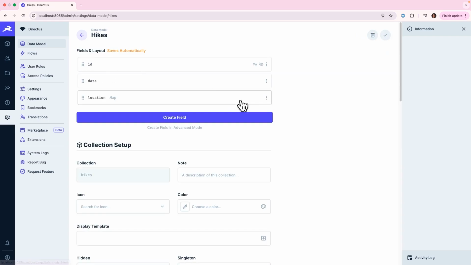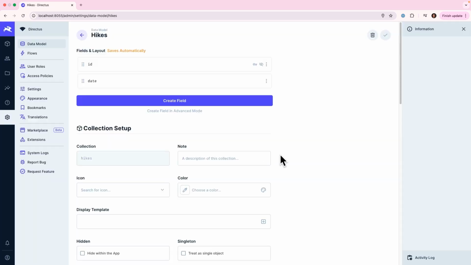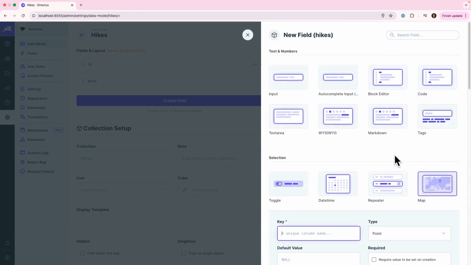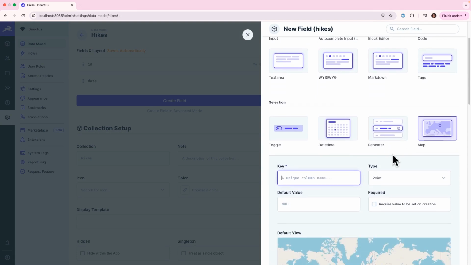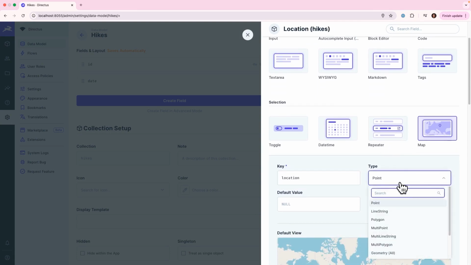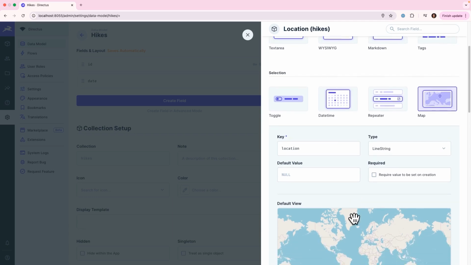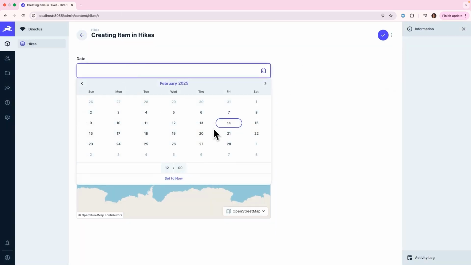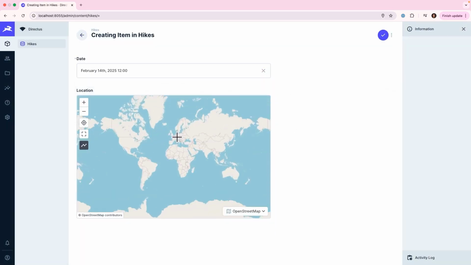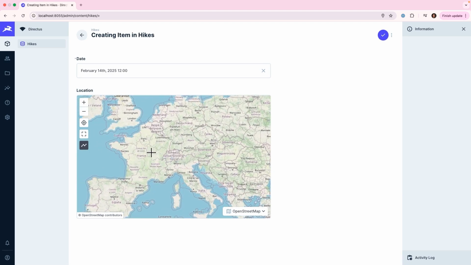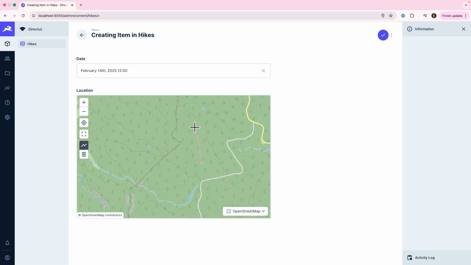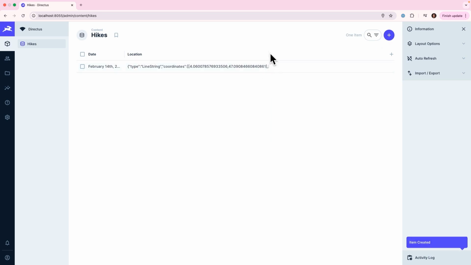But a point is nice, but a hike is more of a journey along a line. What I'm going to do is create that map type location again, but this time set the type to line string. Go ahead and save that, and let's try again. Set the date to today, and go for a hike somewhere in France. And what I can do is by setting a certain number of points, create this line that indicates my hiking journey. So now we can see that we have a series of coordinates, which is good,